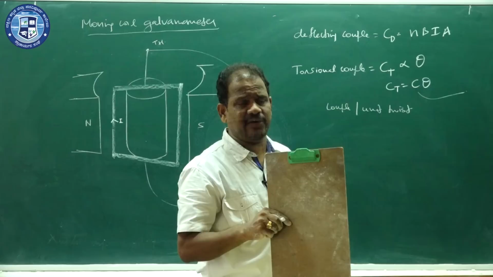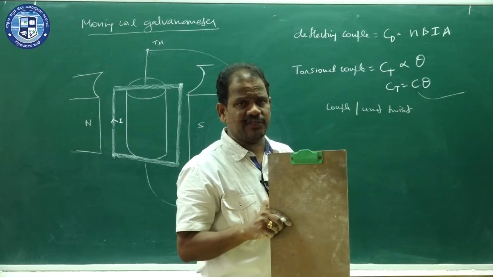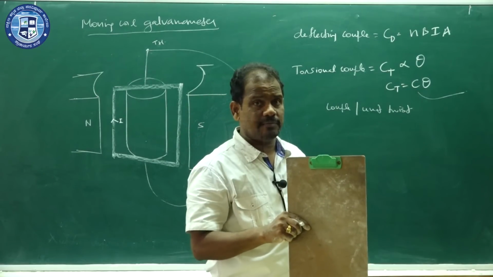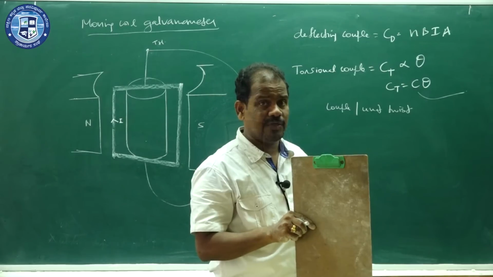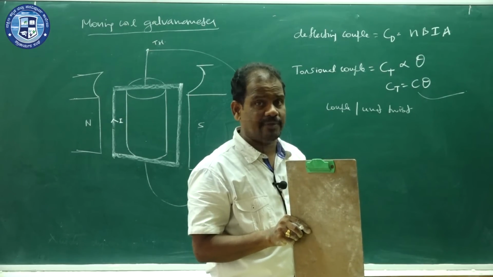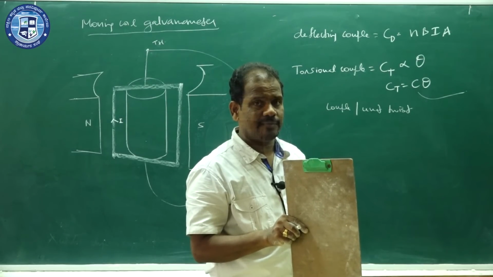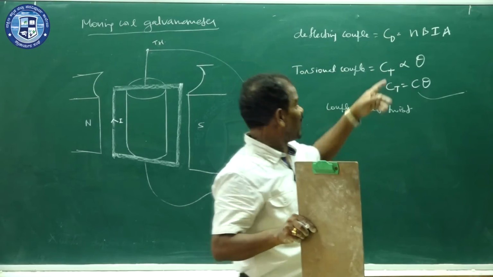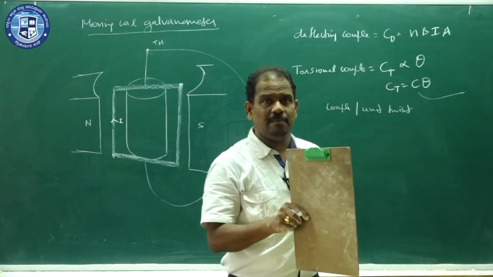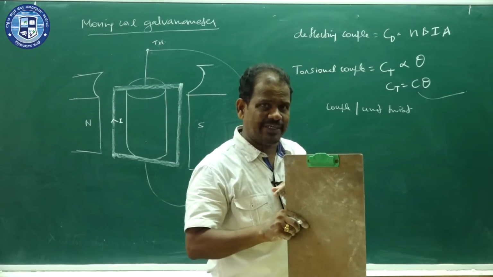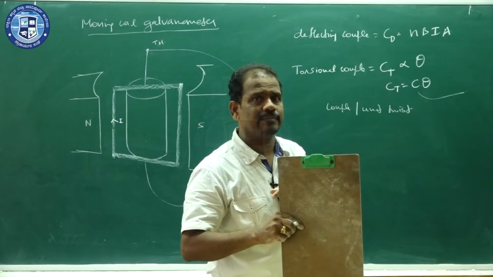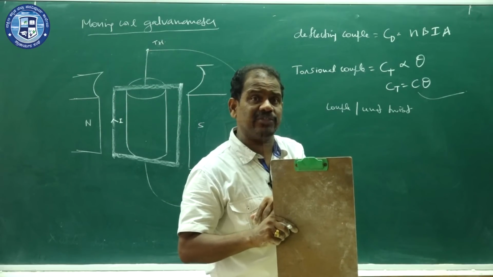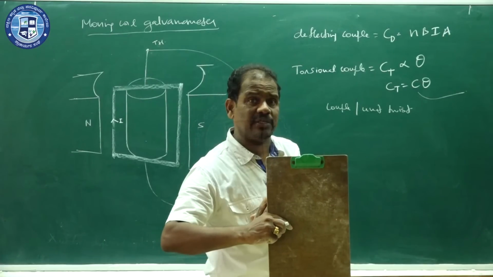If you increase the current, what happens? The deflecting couple becomes more. Therefore, it will rotate still more, so that it becomes equal to the torsional couple. When the current is reduced, the deflecting couple becomes less, but the torsional couple is more. Therefore, it comes back a little bit. When the current is made zero, the deflecting couple is zero, and it comes back to the original position where the torsional couple